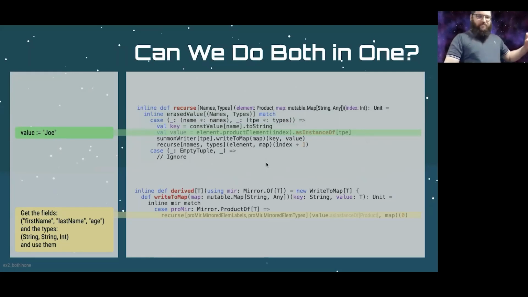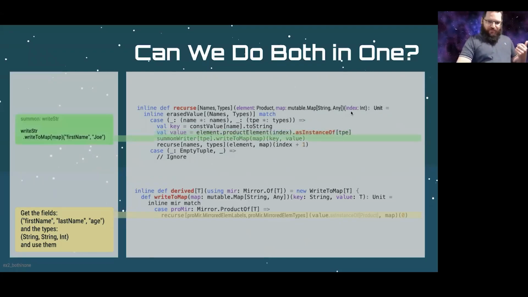Once we've got that, well, then we just need the actual value of the element, which we do. And by the way, notice that the argument to this function is an index, right? We actually use an index, and then that index shows us what position of the product element to pull